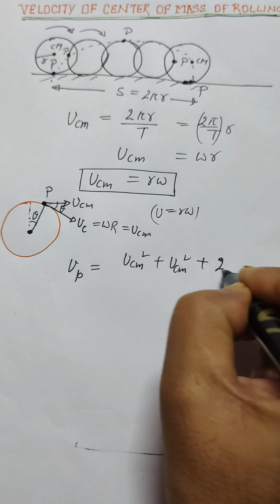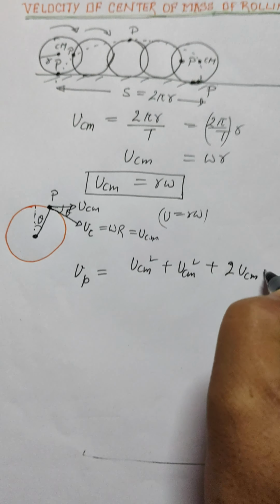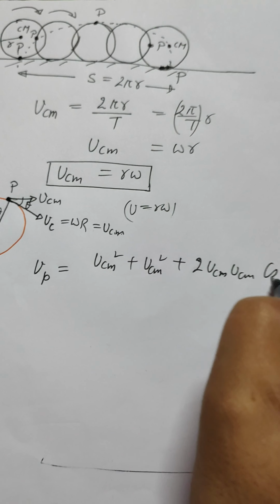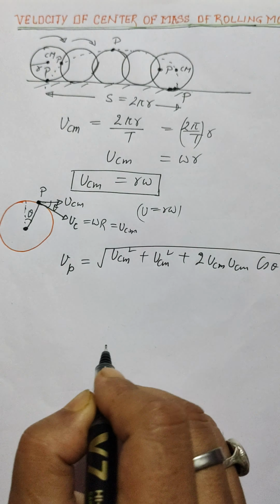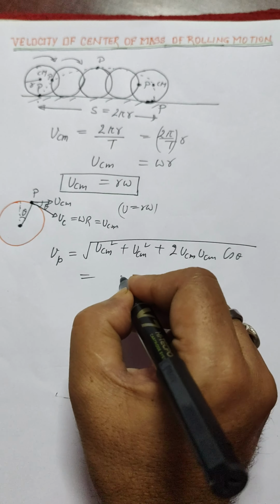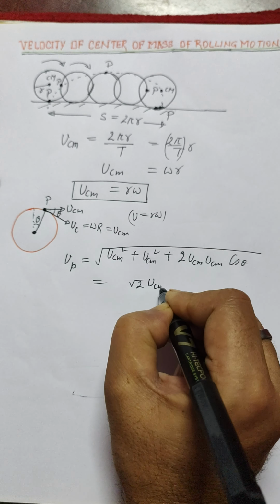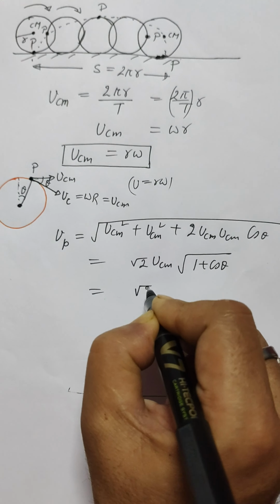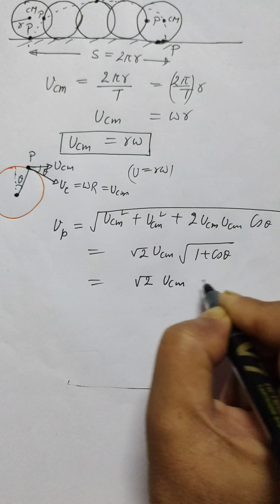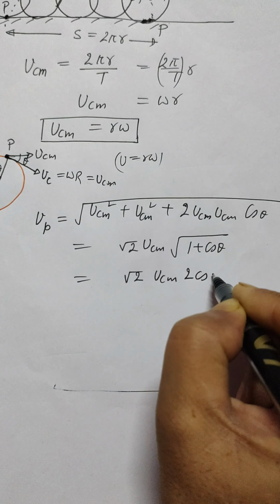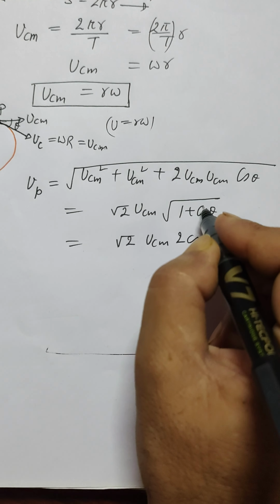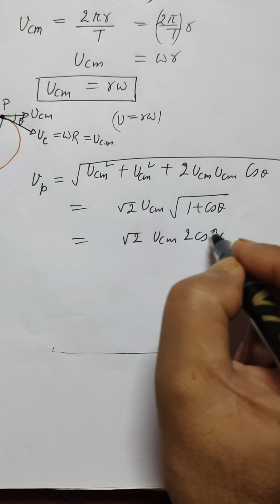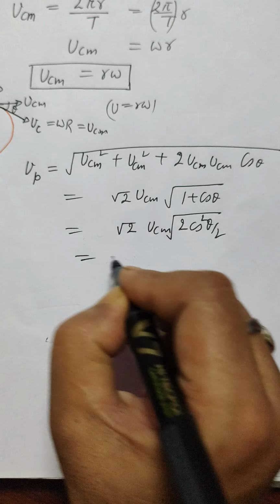It is equal to the root of 2 VCM squared times (1 plus cos theta). So when we calculate, you will get root 2 VCM times root of (1 plus cos theta), which is root 2 VCM times root of (2 cos squared theta by 2). Finally your result is